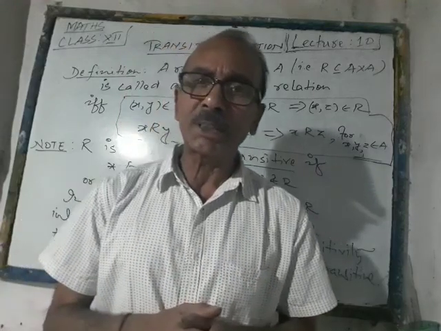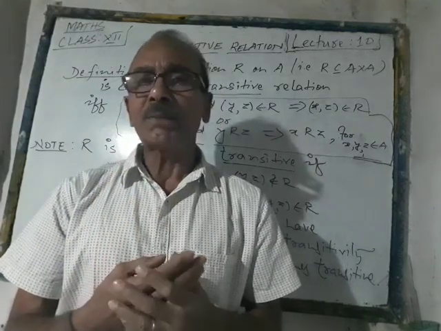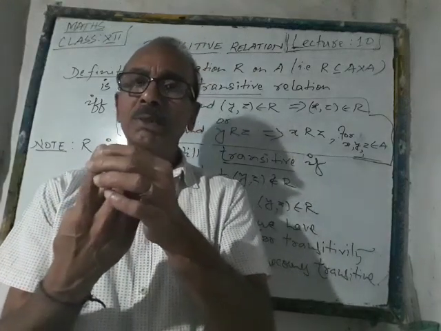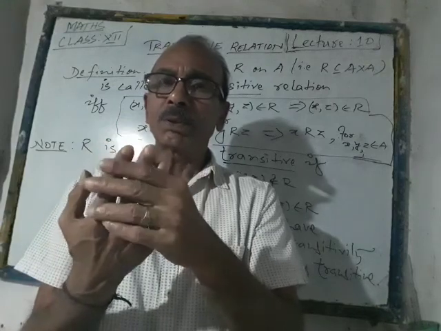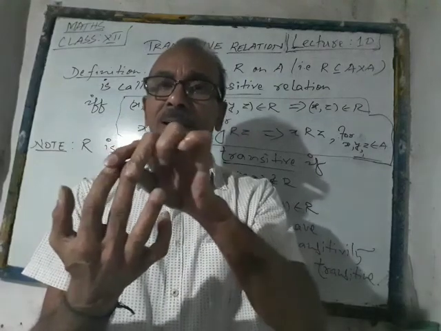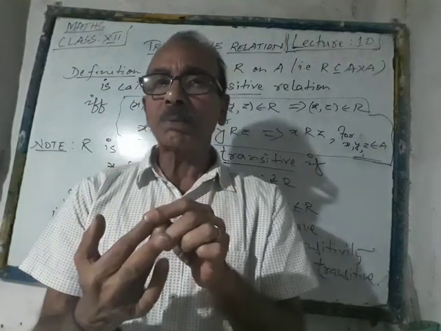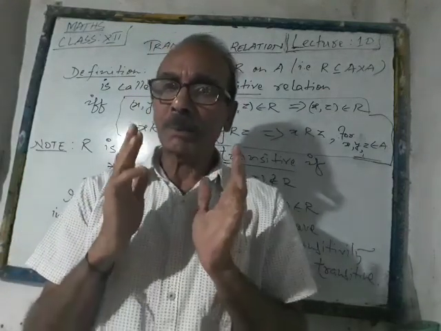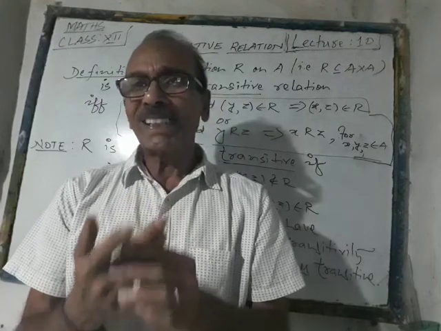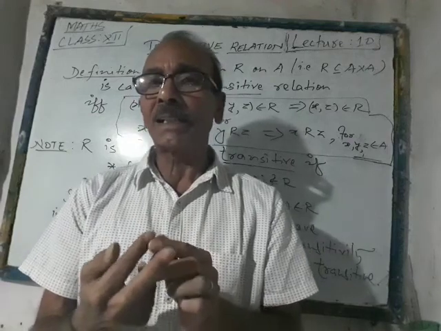Now, so far as transitivity is concerned, reflexivity contains one element, symmetricity two objects or two elements, and for transitivity we must have three elements, right? So suppose we have three elements A, B and C. The condition for a transitive relation is that if A is related to B and B is also related to C, then we are concerned with whether A is related to C or not. Just keep in mind that A must be related to B as well as B must be related to C. Only then will we be concerned about observing whether A is related to C or not.